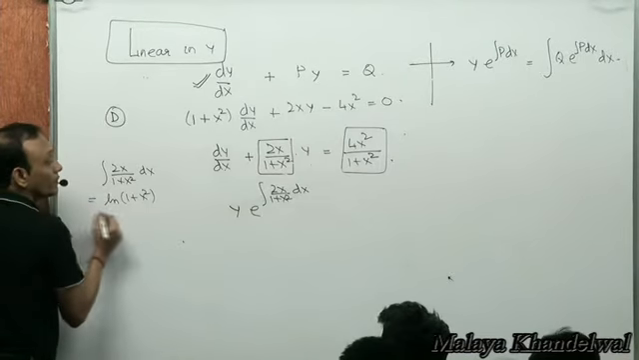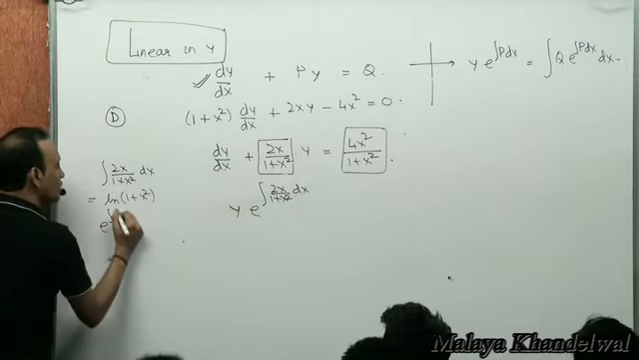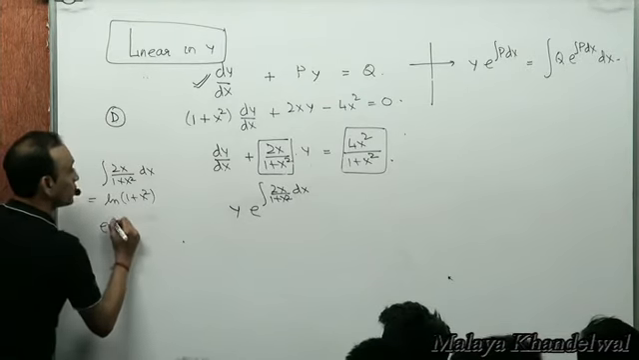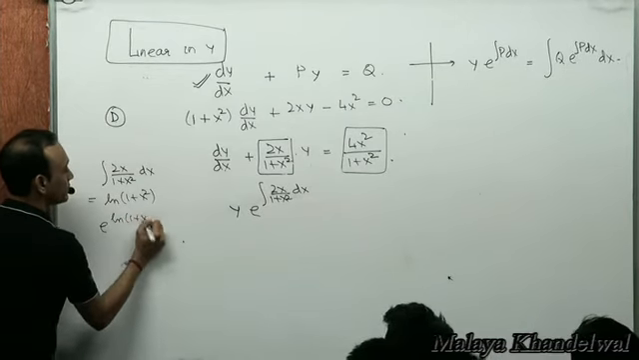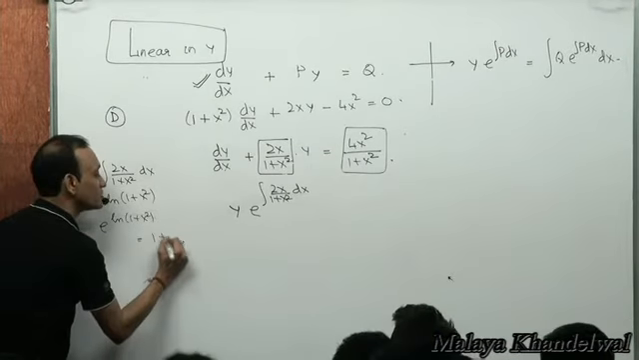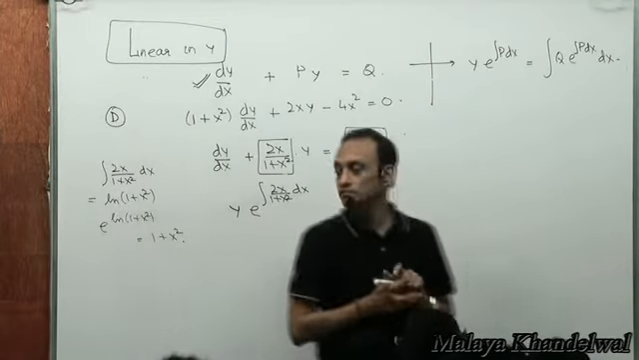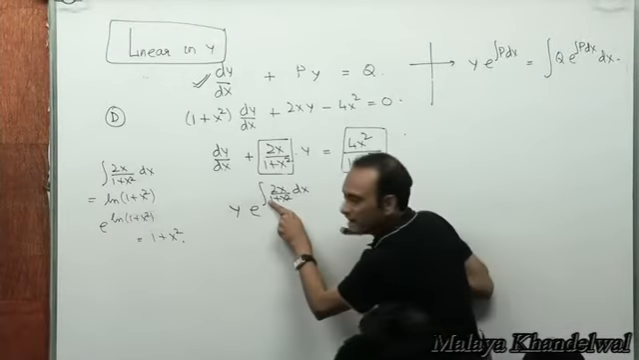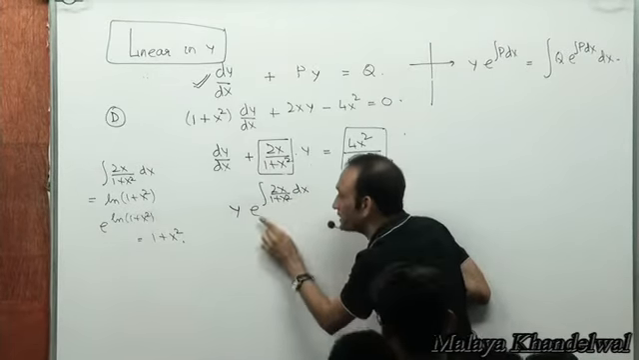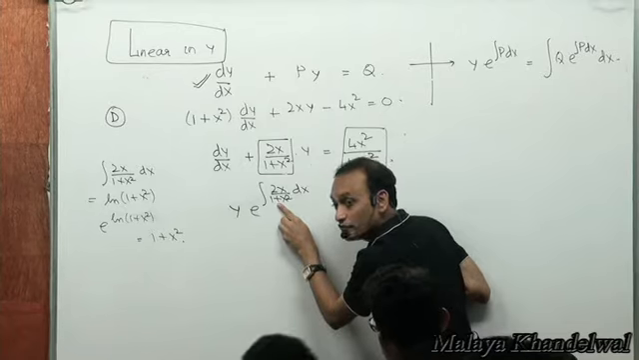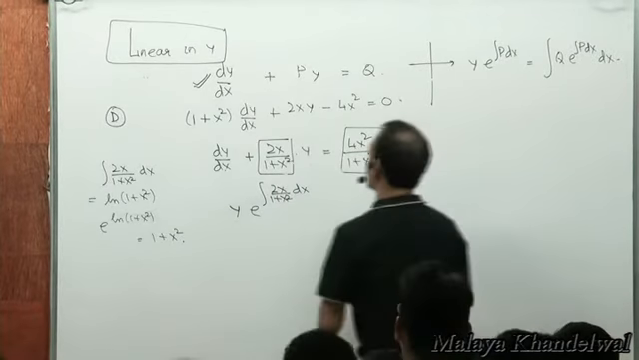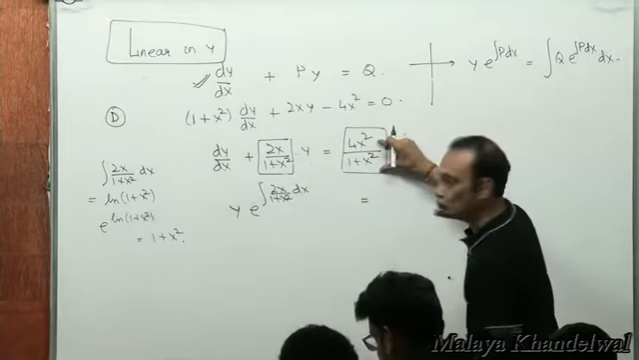And e power integral, e power log(1 + x²) is what? 1 + x². Yes or no? Do you realize? This is log(1 + x²), numerator the derivative of the denominator. And e power log(1 + x²) would be 1 + x², equal to